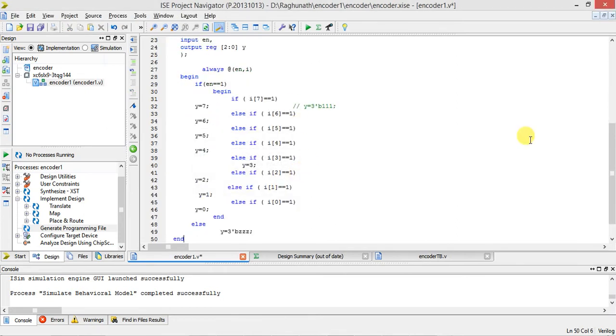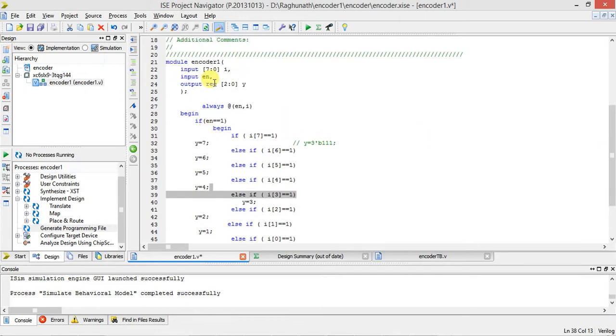So now I pasted it here. Create a new file, select input I as a bus, put 7 down to 0. Another input is enable, so it is not a bus, don't click on bus. The output is y, it is 2 down to 0. For register, you have to manually type reg here; by default it will give output [2:0] y.